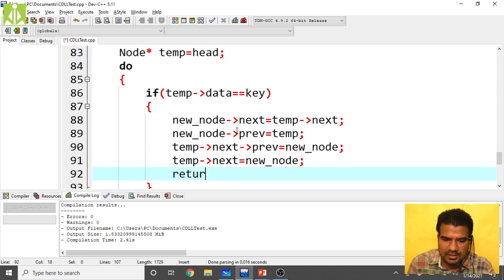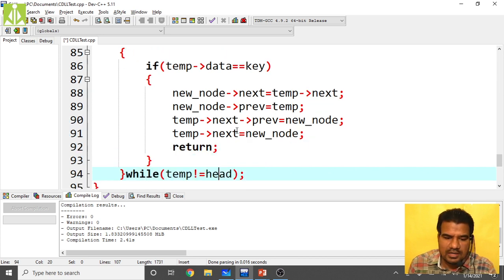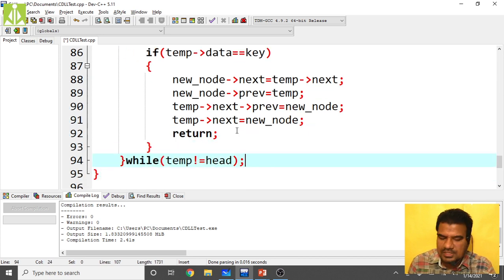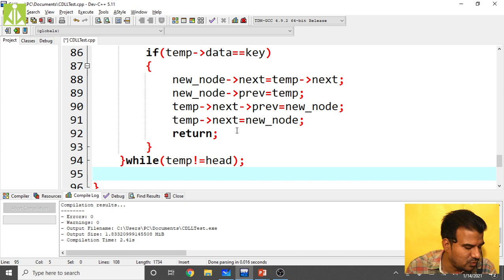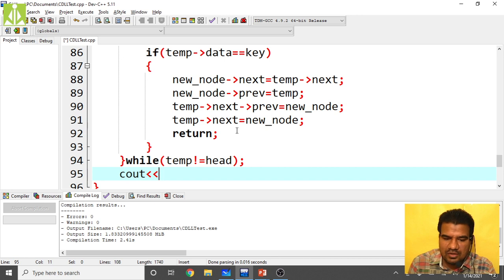If this while loop is exiting and your control is reaching this point, that means the key value we are looking for is not present in the CDLL.